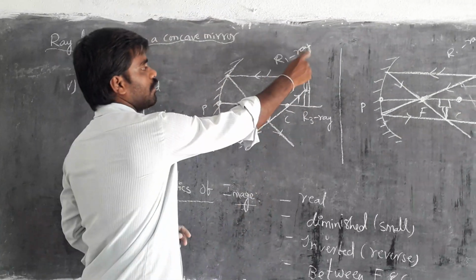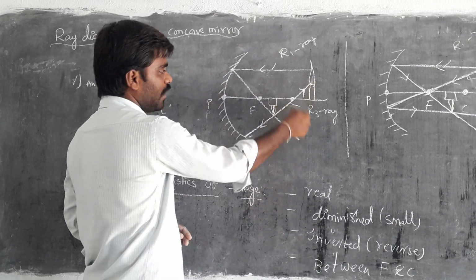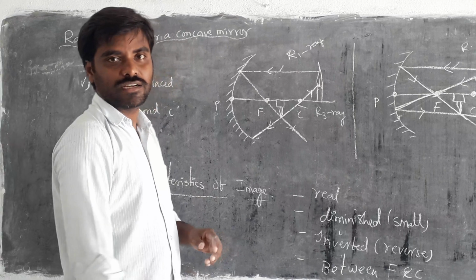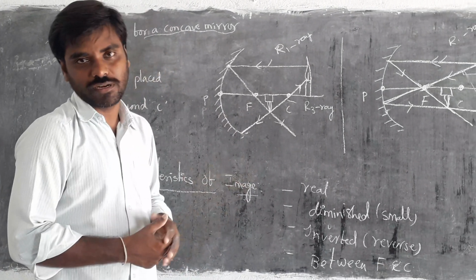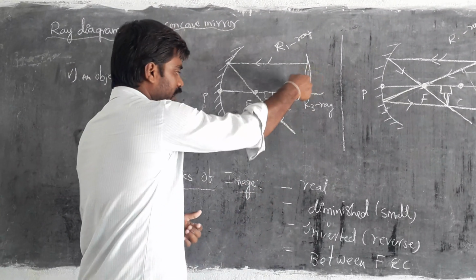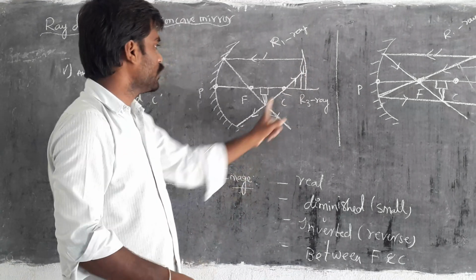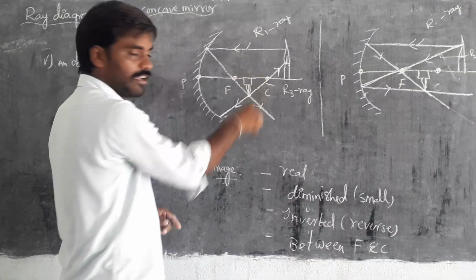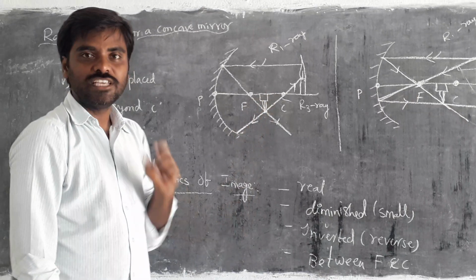I took the help of R1 ray. It passes through the focus after reflection. And I took the R3 ray. It passes exactly through the center of curvature. We are already clear when we discussed the behavior of light rays on both mirrors, concave and convex. There is no deviation. How light is incident on the mirror, in the same path it repeats. For that I showed clearly. Then the meeting point is exactly between F and C. This particular place is where we get the image.